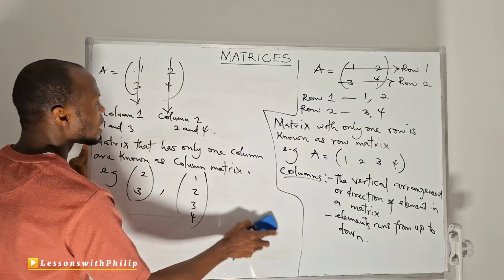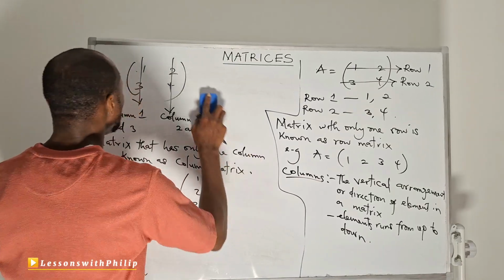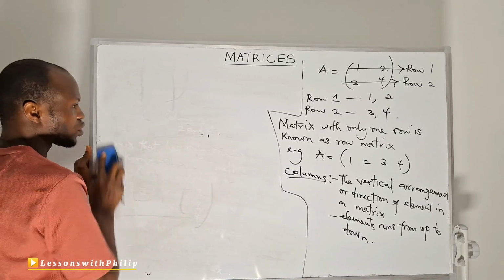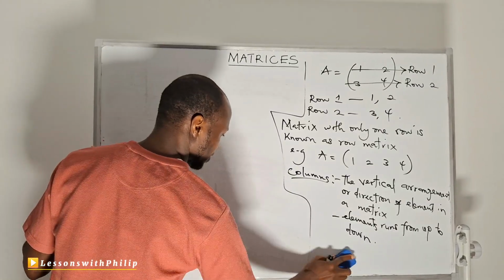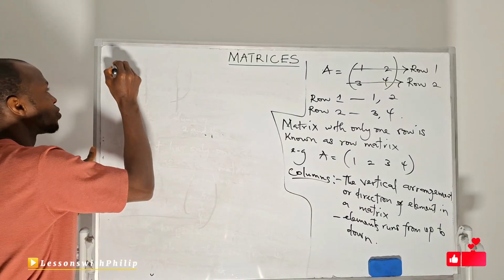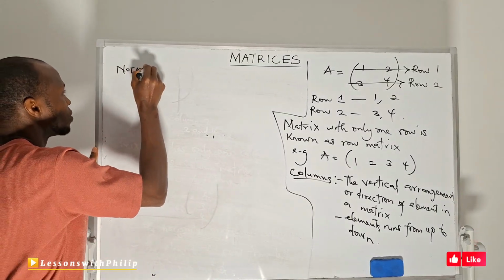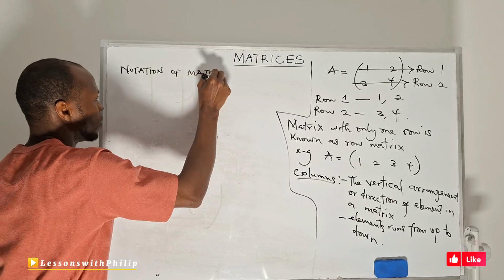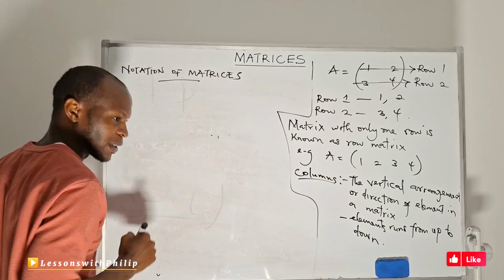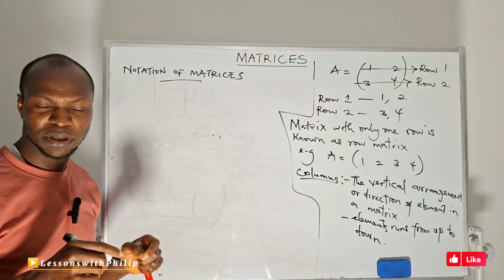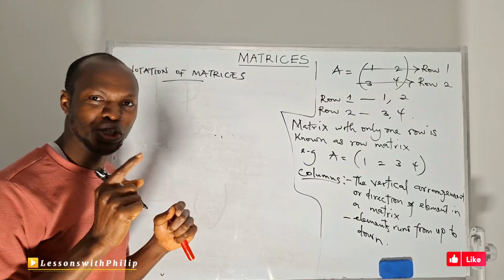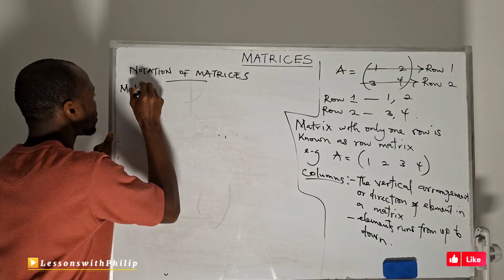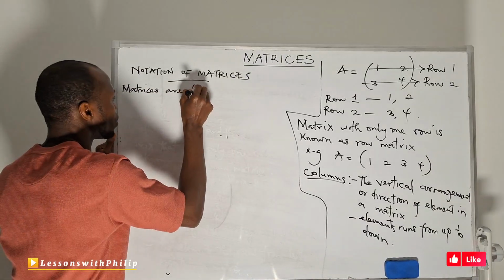Okay, now let's go straight to notations of matrices. How do you identify matrices? Matrices can be denoted. Let me write it. Matrices are denoted